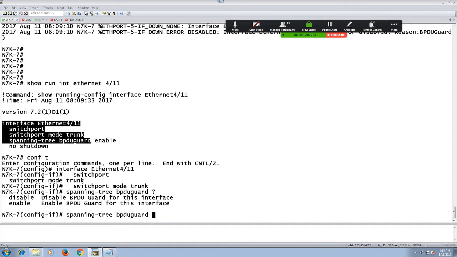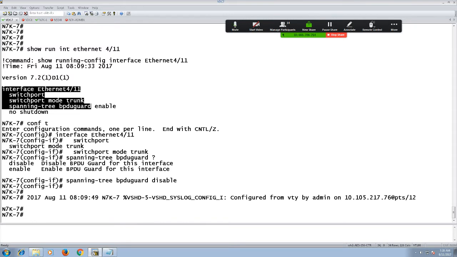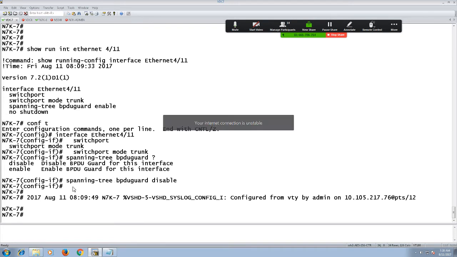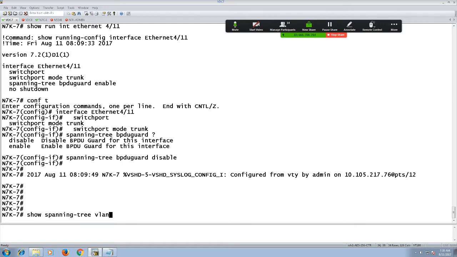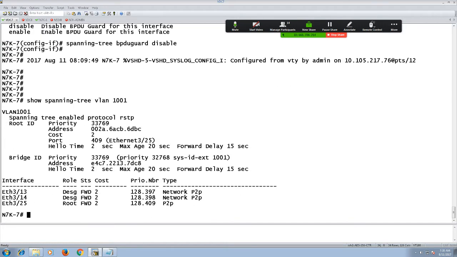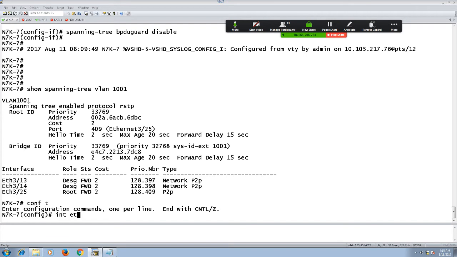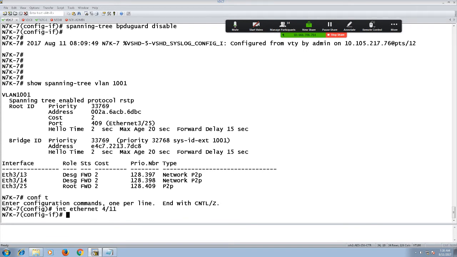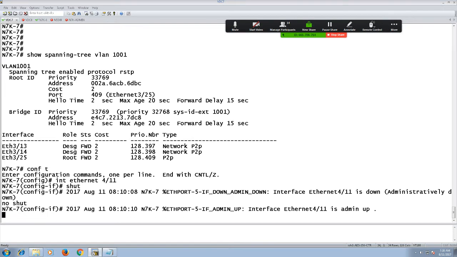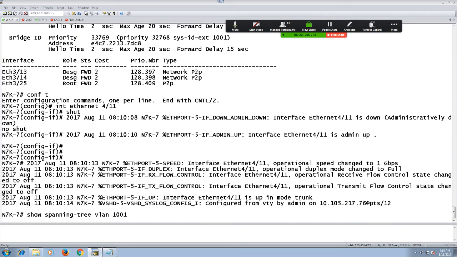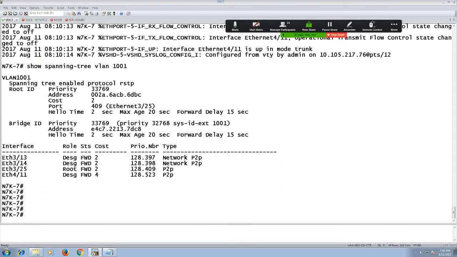I think, yeah, so that is the command that we have to mention, and we will keep getting log messages that the port is up or down. Now if I take a look at show spanning tree for VLAN 1001, the port must come back if I apply shut and no shut. So now if I see show spanning tree, that interface is back again.